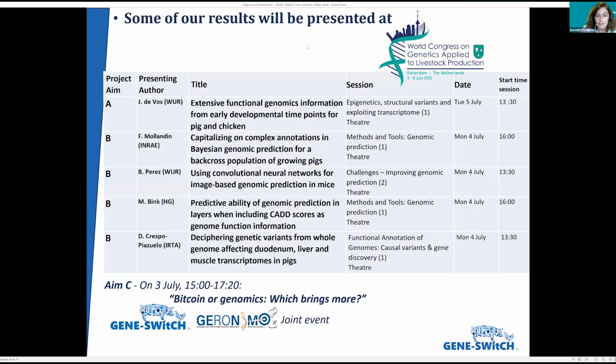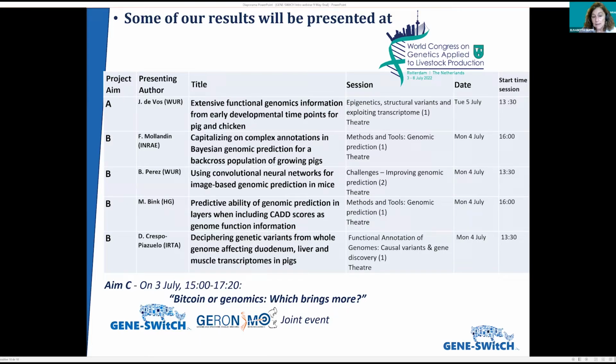And this is my last slide. I just wanted to remind all of you who come to Rotterdam to also attend our talks that I put in here for each project aim. There will be one for project aim A, which will be a big summary of what we do for the annotation and the analysis so far in pig and chicken. There will be 4 presentations for aim B that you see listed here, and you will hear more today as well. And I also wanted to remind that under aim C, on the 3rd of July, in Rotterdam, there will be a nice event